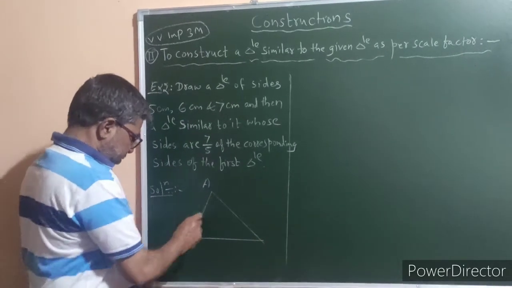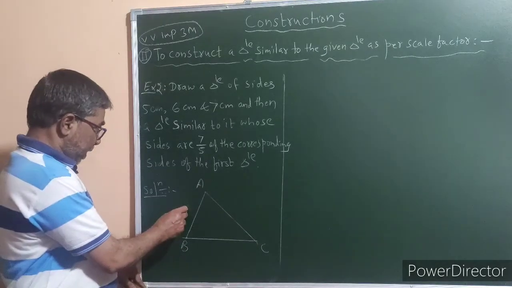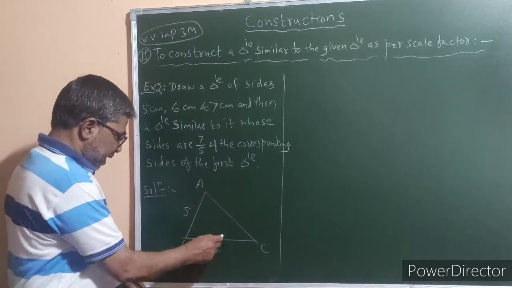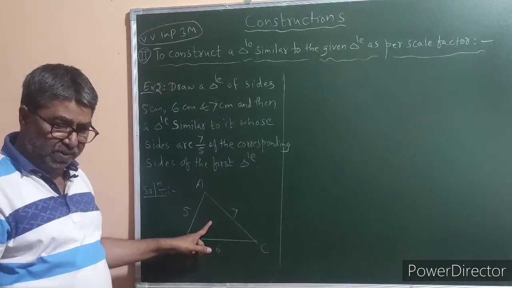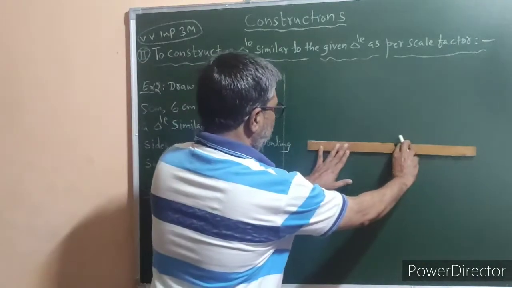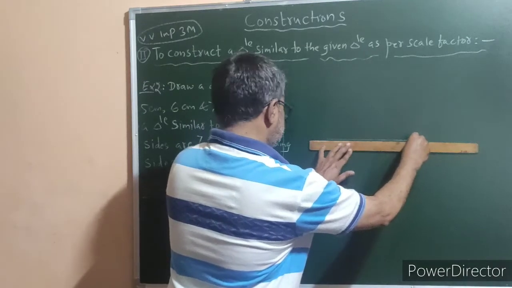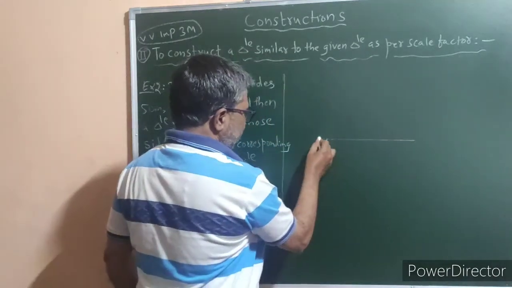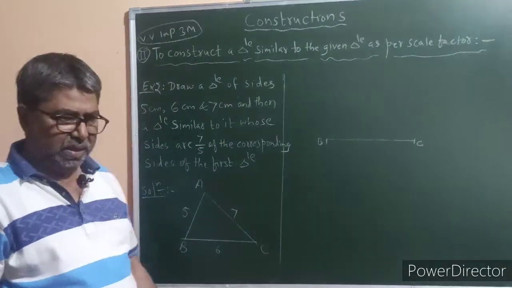Okay, you name the triangle as ABC. You write 5 here, 6 here and 7 here. So looking towards this rough sketch, you complete the triangle ABC. Draw a line segment measuring 6 cm and name this line segment as BC, which will be the base of